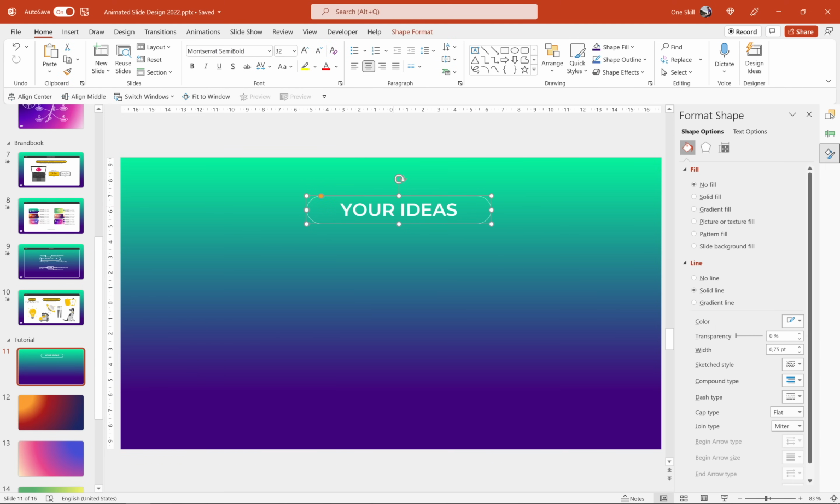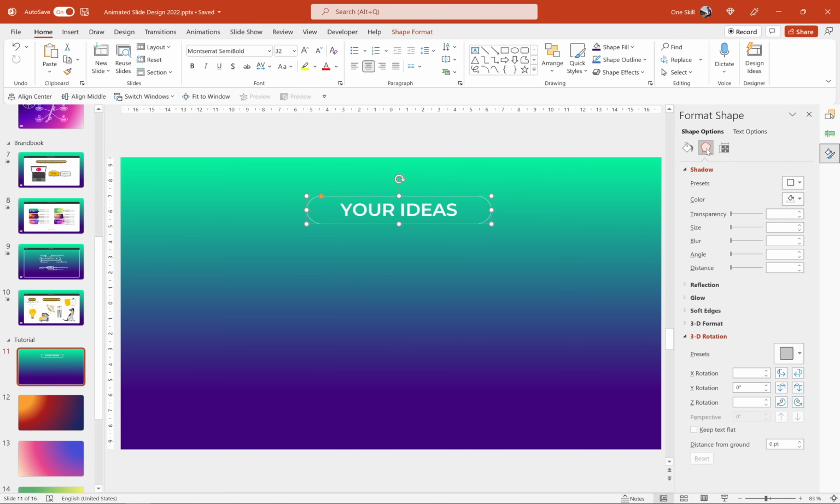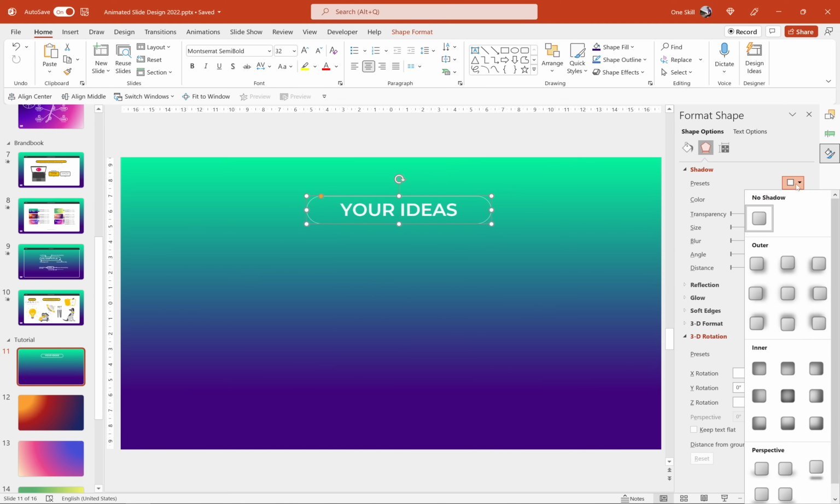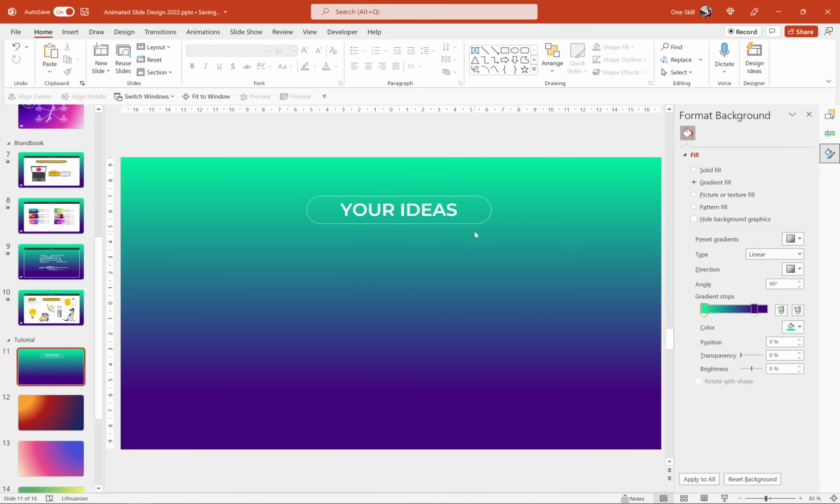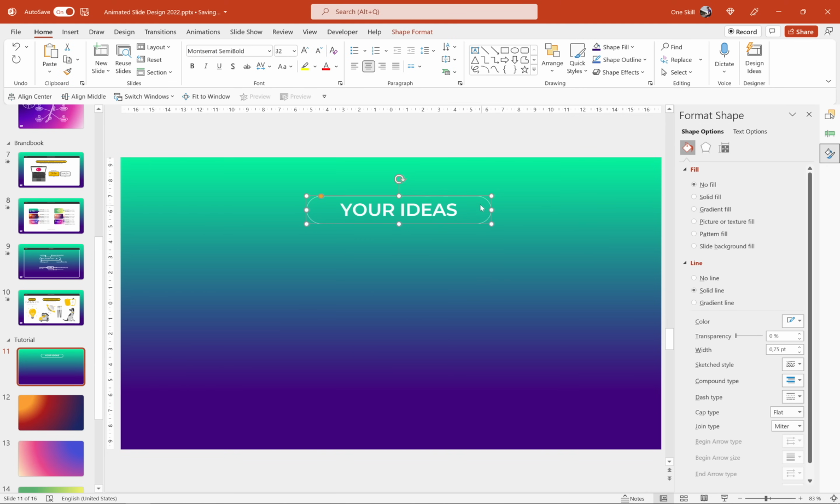So currently, if we would select this text box, we would go to Shadow Options, and if we would choose this inside shadow, as you can see, nothing happens. Because in order for the shadow to work, there must be a fill, and currently we have set no fill, okay? So let's just try using the slide background fill,